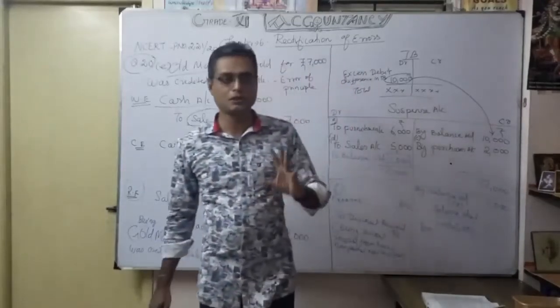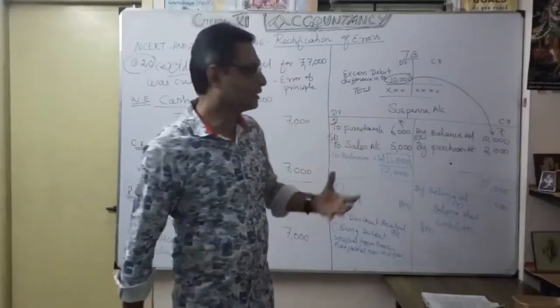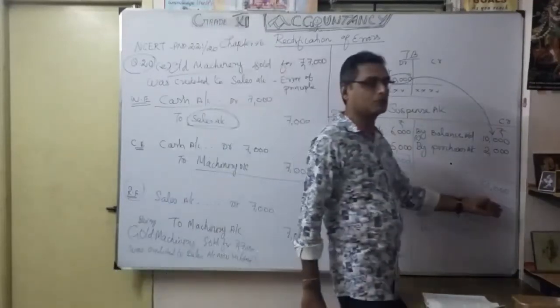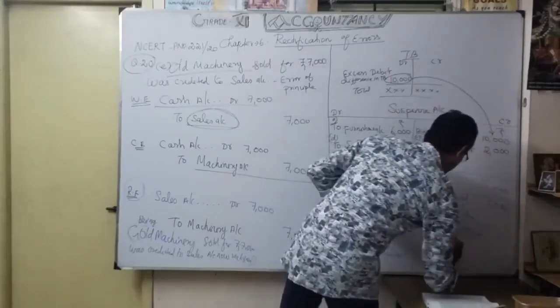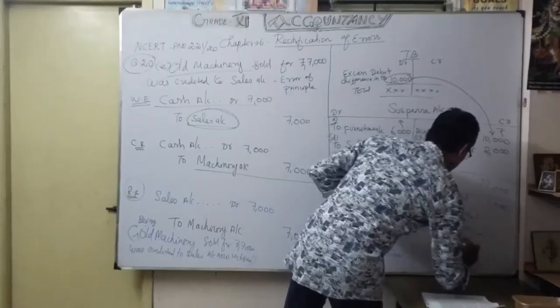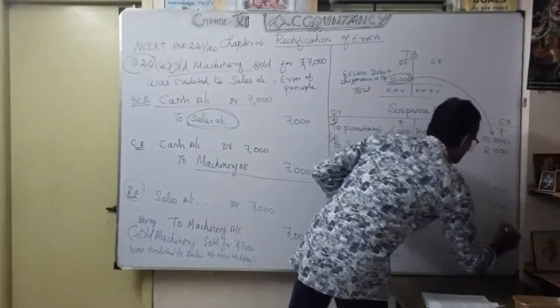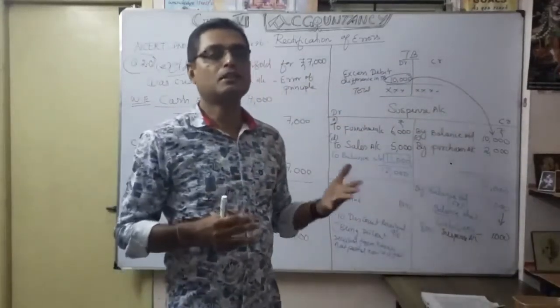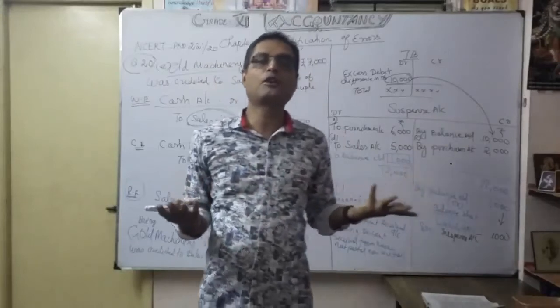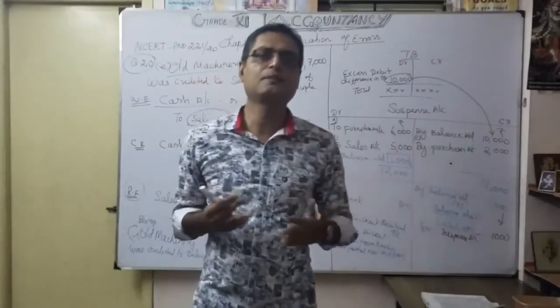Okay, suspense account. So any suspense account balance, how are you going to give the effect? Any credit balance of the suspense account, I'm going to show in the balance sheet, liability side, as suspense account. Understood? As suspense account, how much? 1000. So I show it on the liability side. Suppose it is a debit balance, where are we going to show it? Simple. I want to show it in the balance sheet, asset side. You understood? That's what we discussed in our previous session.